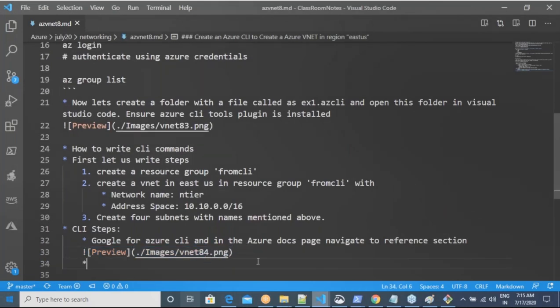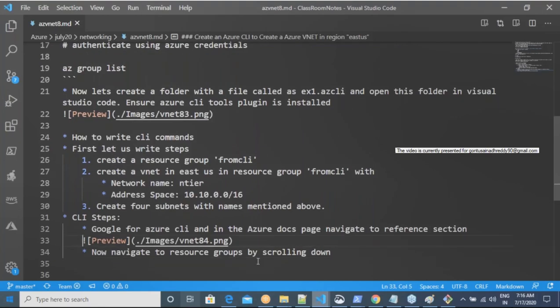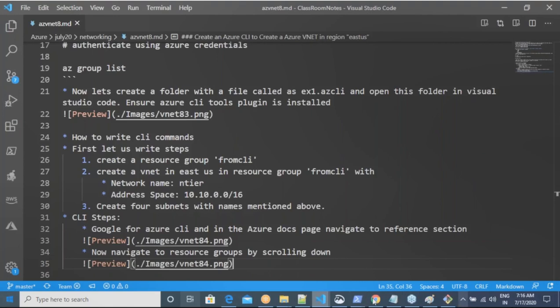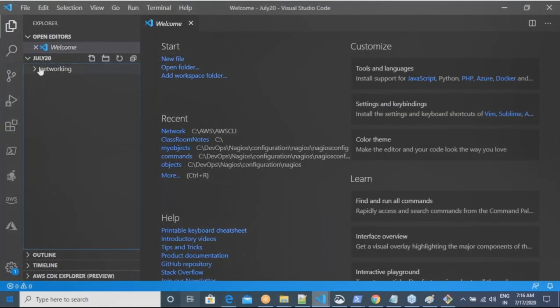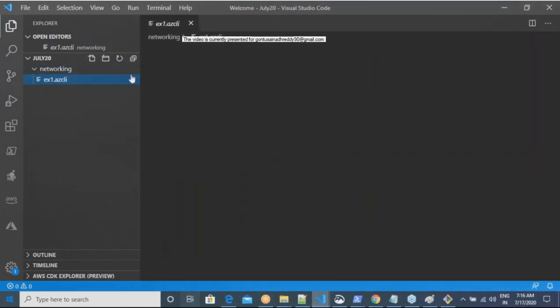Okay. Now navigate to resource groups by scrolling down. Now, if you go into your Azure, the file where we have created over here, I'll be going to this networking exe1. What is the command?